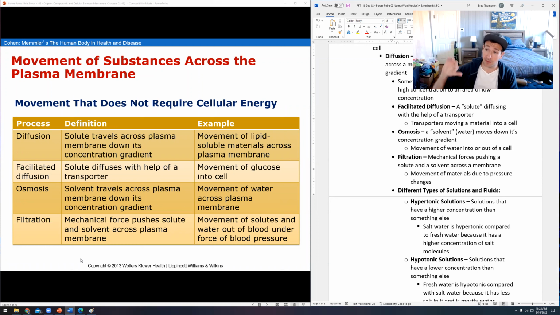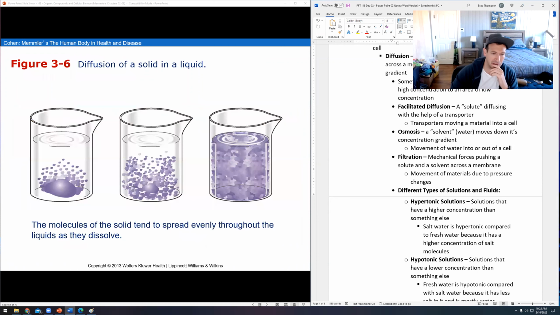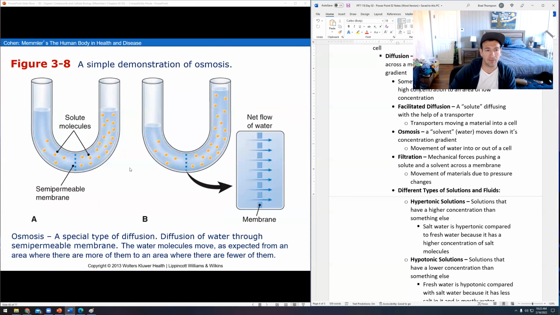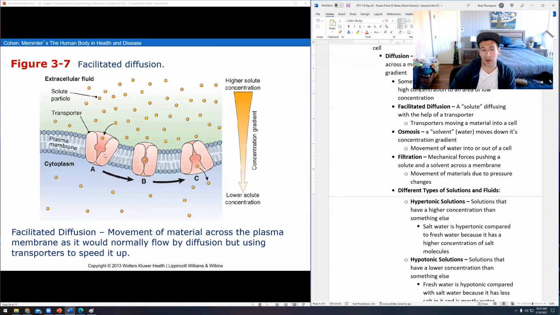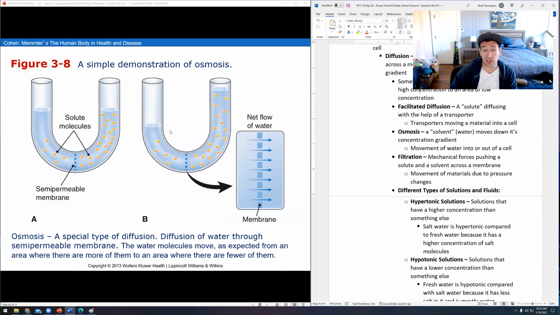Filtration is another one. Filtration is where there's actually a mechanical force pushing. Actually, there's pictures of all this. So here's diffusion, right? We dropped maybe a chunk of salt, and then that salt is naturally spreading itself evenly throughout the water, or sugar or something like that. There's facilitated diffusion, where we're actually pushing things against the concentration gradient. Eventually there ends up being a lot of sodium or a lot of potassium on one side. Nature doesn't like that. And so then your body pushes harder to make sure that it continues happening. There's filtration,